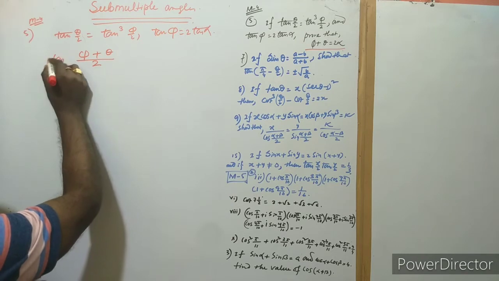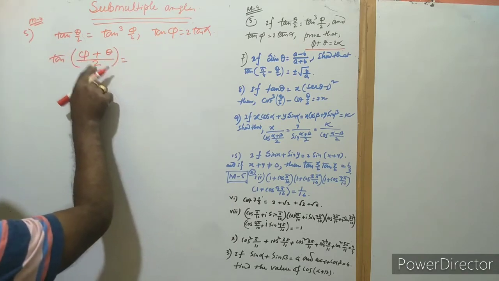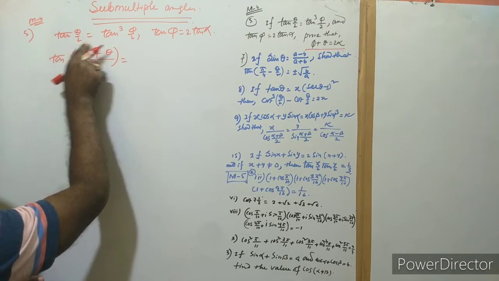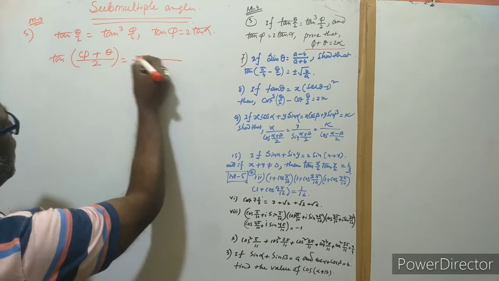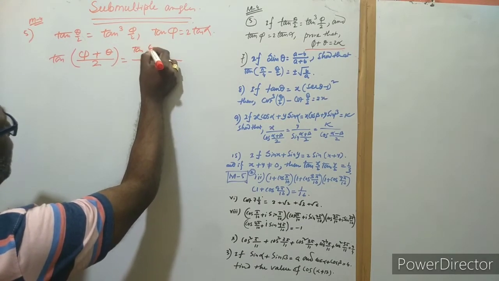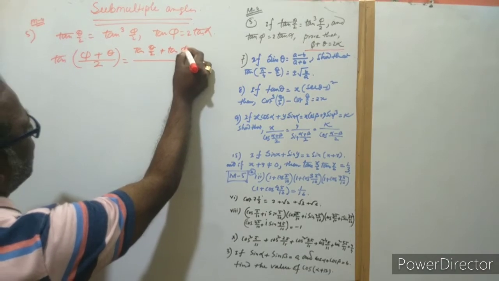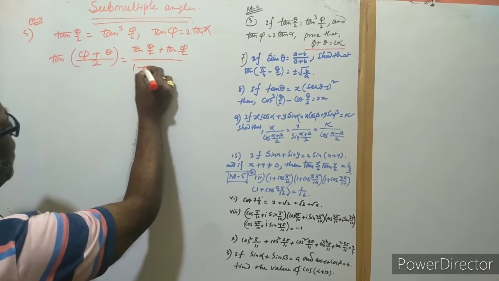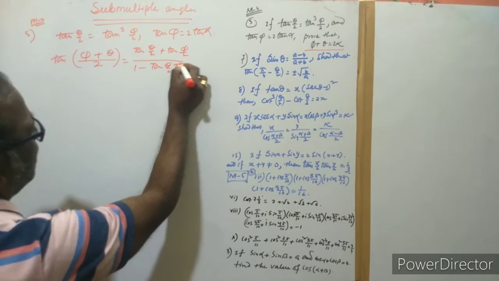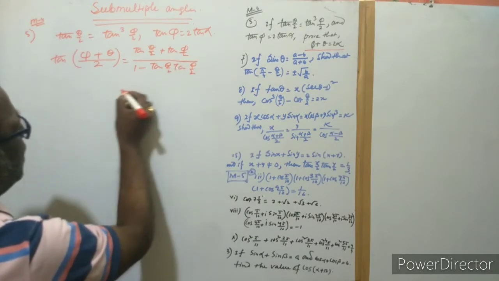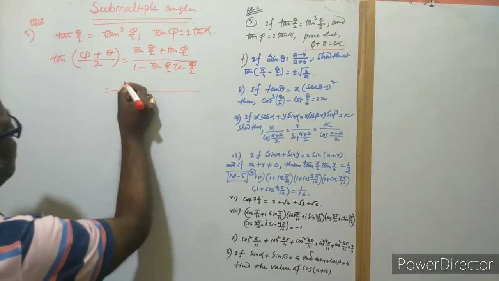Okay, so from that we can write like that. Why we take alpha by 2? As we see, this angle is also by 2 and this angle is also by 2, so that's why we can take it as a sub multiple pattern. And this is tan theta by 2, and also this is phi by 2. Okay, and 1 minus tan theta by 2, and also tan phi by 2. Okay, and see phi by 2, and this also tan theta by 2.